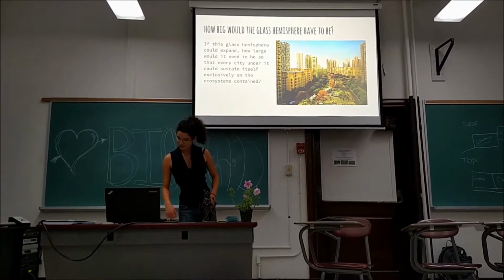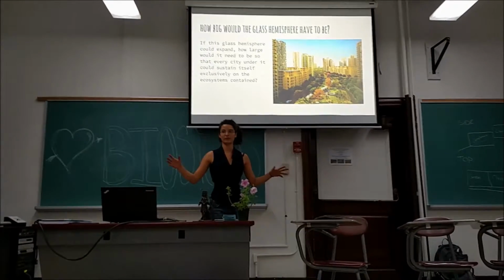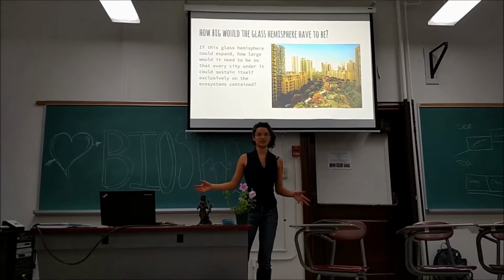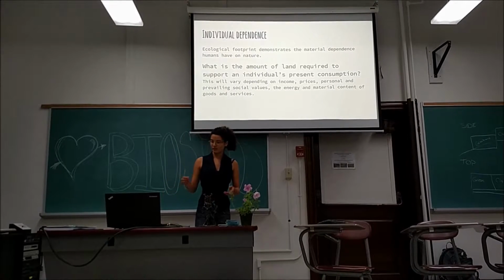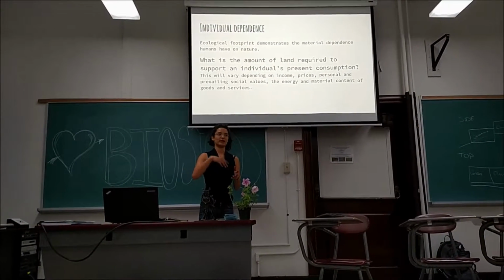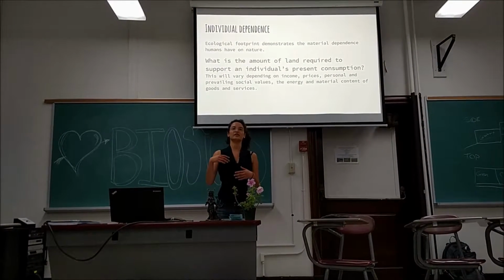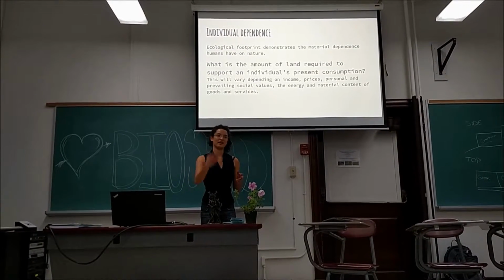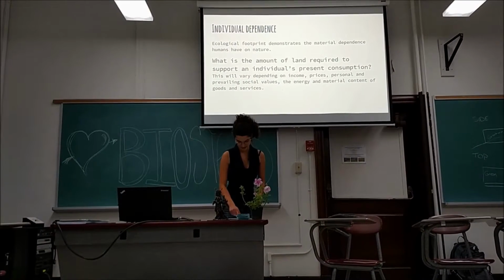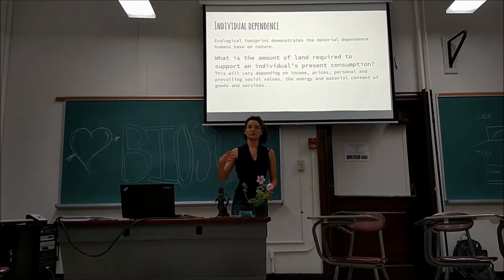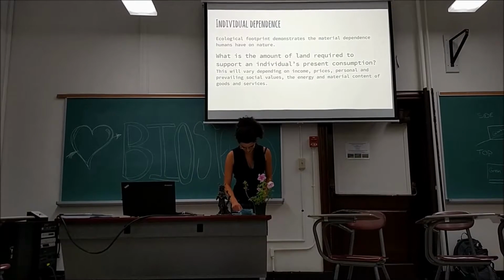So we ask ourselves, how big would that glass hemisphere, if we now imagine it being flexible enough to expand, how big would it have to be to support a city? So when we understand first, on the first base, how much an individual has to consume in order to survive, this takes into account how much that individual is willing to pay, how much to sustain a certain quality of life. Because it's not just how much that they actually need, it's also how much people want as well. That plays a factor into it.